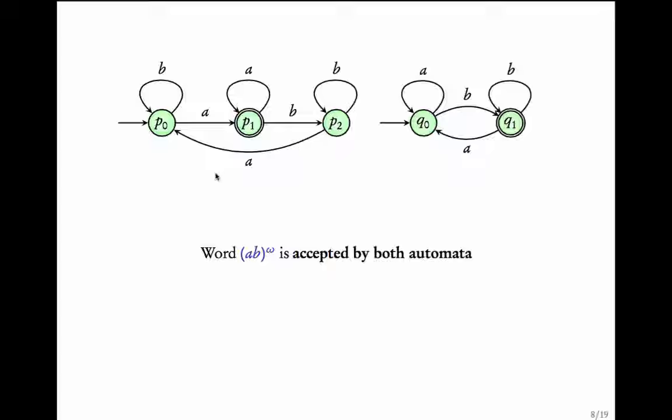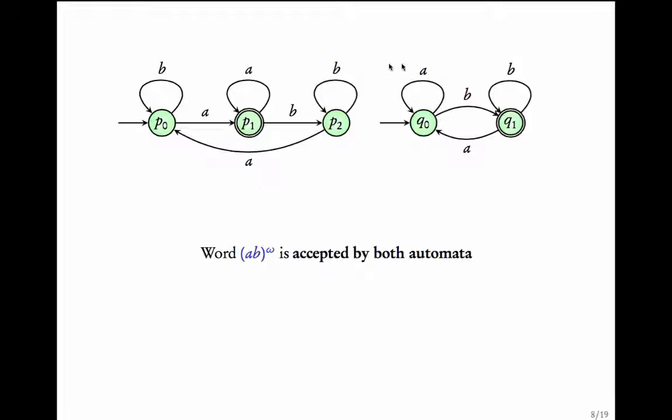Note that for that language we could have given an automaton with two states, but for an illustration I have given this automaton. This bigger automaton also accepts the set of words where A occurs infinitely often. What is common to these two? The word (AB)^ω is one word which is in the intersection of these two.